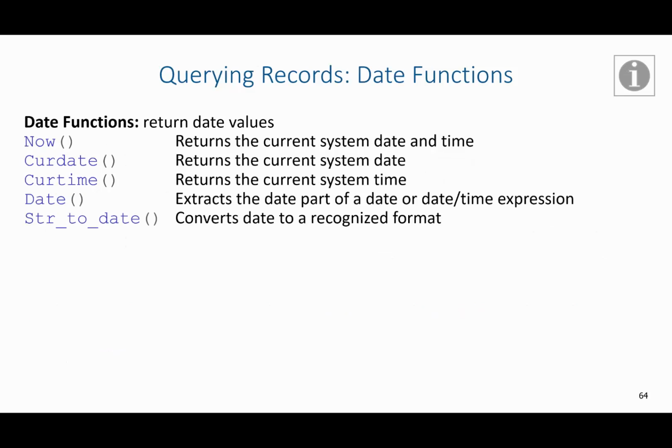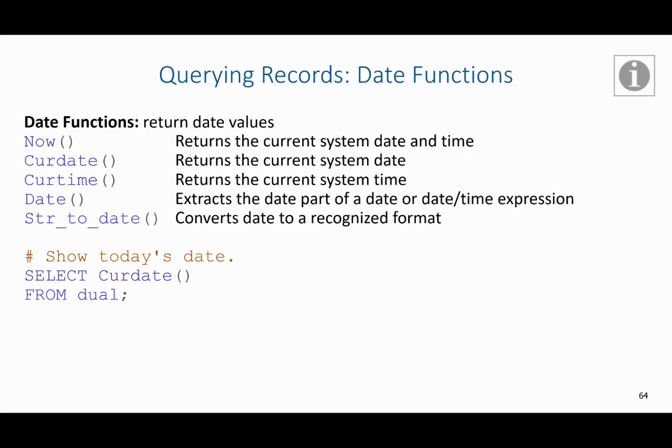The next thing we're going to look at when querying records are date functions. Date functions return date values. For example, if I wanted to see the current system date and time, I'd use now. If I want to see just the current date, I say cur date. If I want to see the current time, I say cur time. If I want to extract a date part from a date time expression, I could use the date command. If I wanted to convert a string that is not in my SQL date format, I can use string to